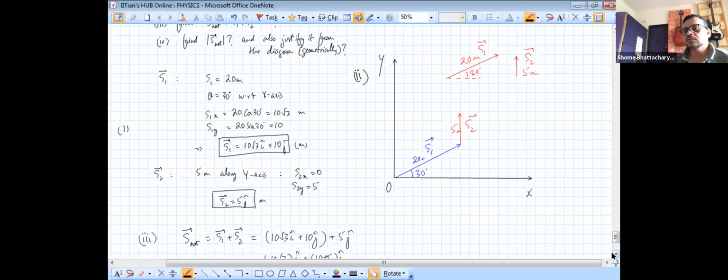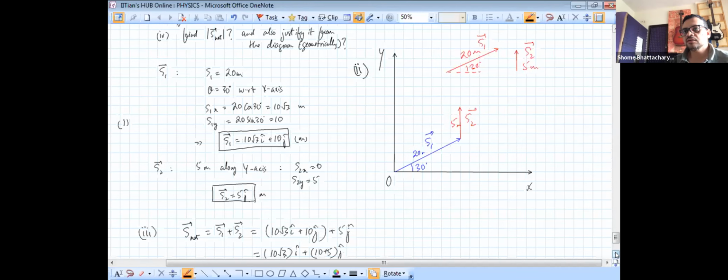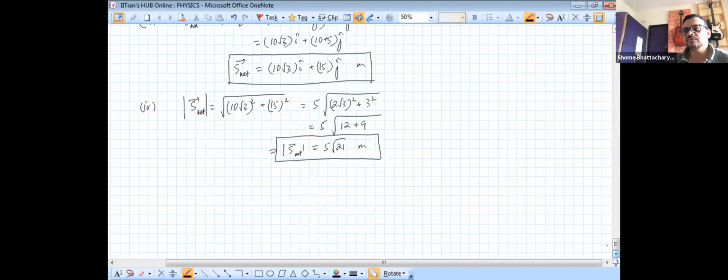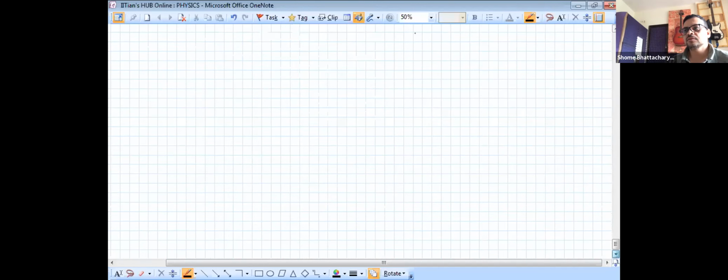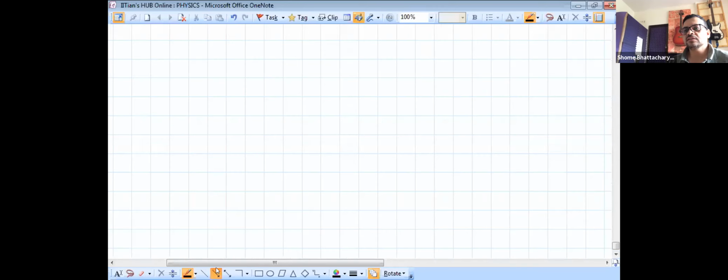Okay, now let's understand the last part. Let's justify this magnitude of displacement that we got from the geometrical diagram. In the geometrical diagram, you can see that